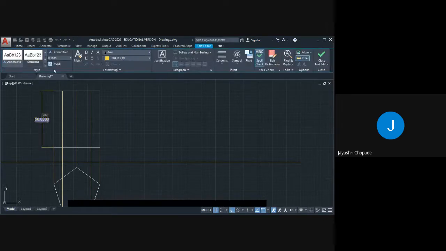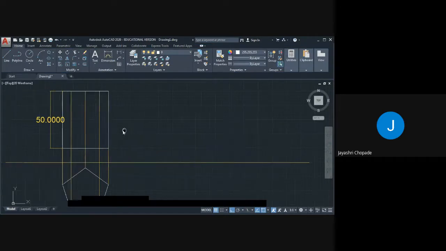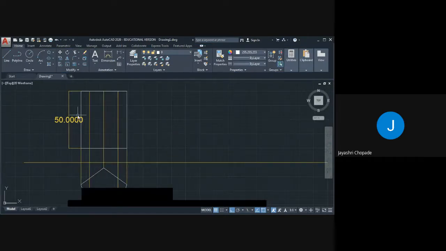This is 50. We will increase the text height here, so we can see this is the text height.